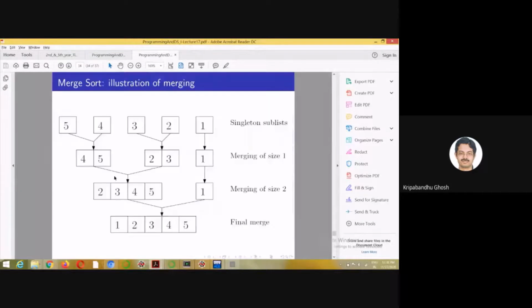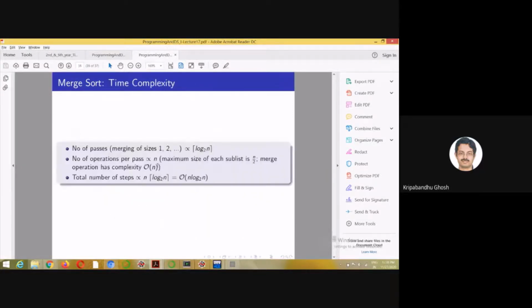As I already told you, the most expensive merge you will be doing is just prior to getting the full array. So it is n-1 and 1, and it cannot be more than n. So at each step you don't do more than n comparisons, and the number of steps is log n to the base 2. So it is big O of n log n to the base 2.